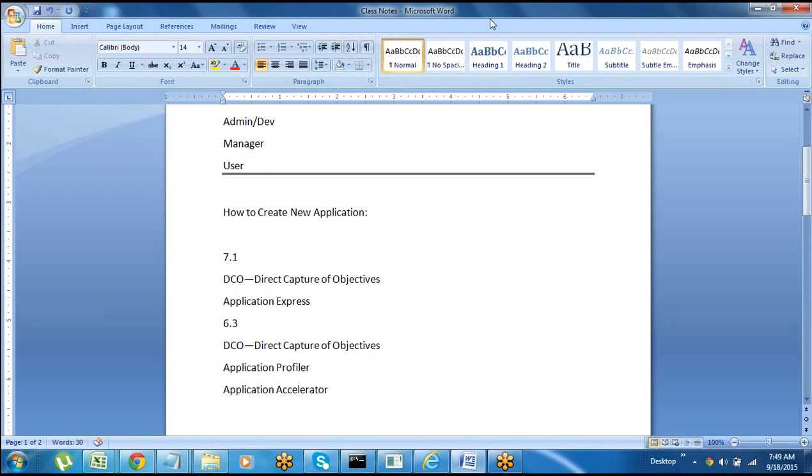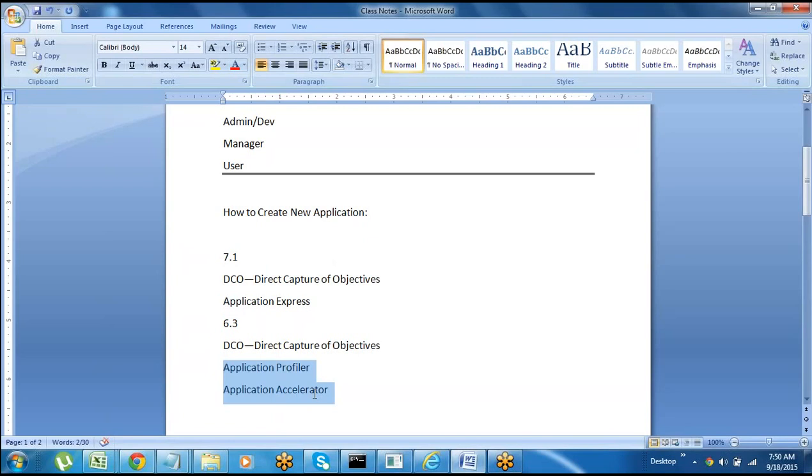In the previous version we used Application Profiler and Application Accelerator, but in the current version there is an enhanced option, Application Express, which is the enhanced version of both.